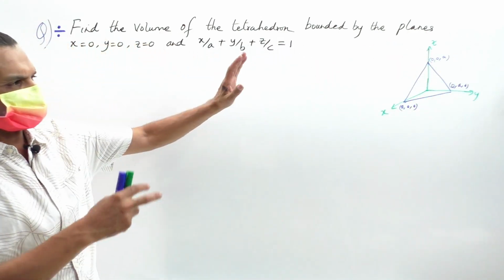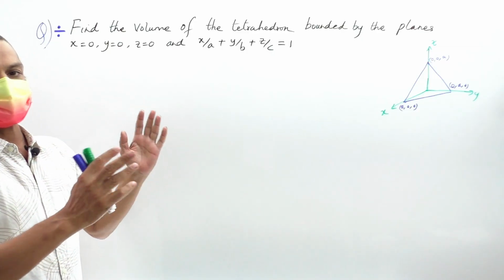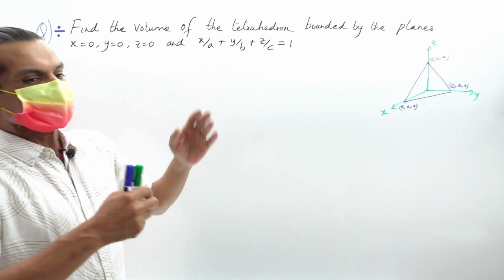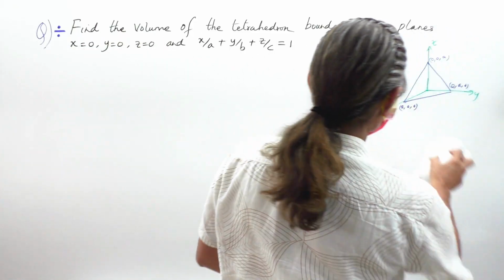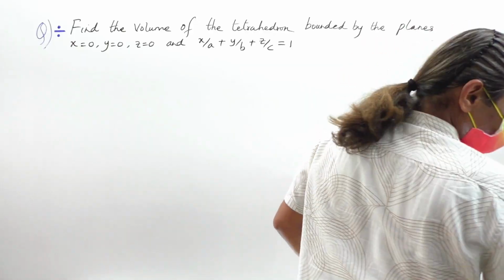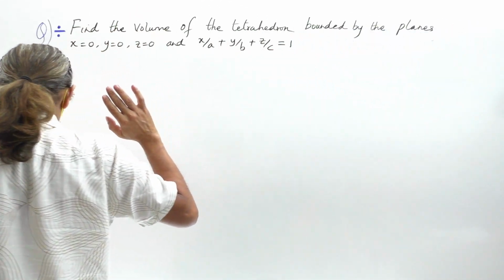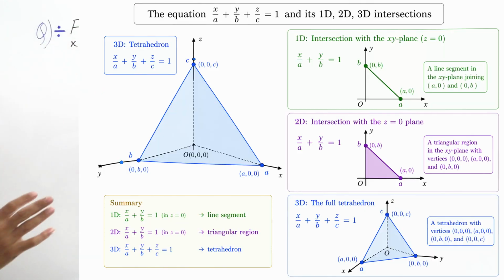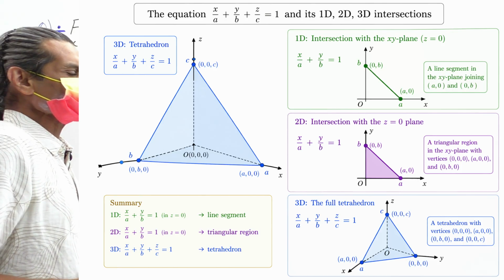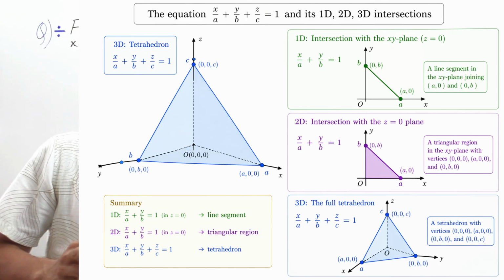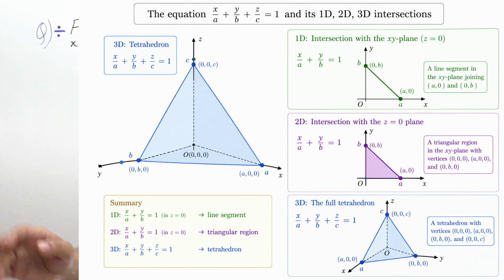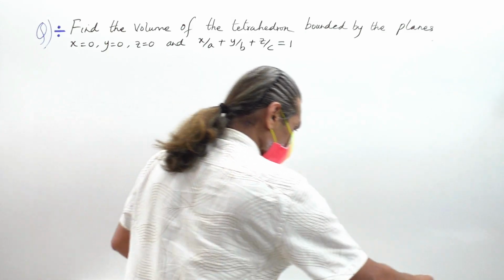So please understand the diagram. As I told you, the diagram is not necessary. Okay, so let's repeat here and solve the problem. Now, the tetrahedron, that is x by a plus y by b plus z over c, is a Cartesian curve. Why? Because simply it's in x, y and z. Fine. Now, for this Cartesian curve,